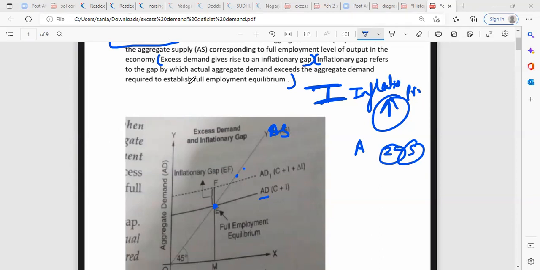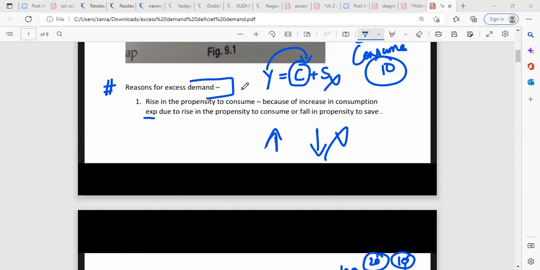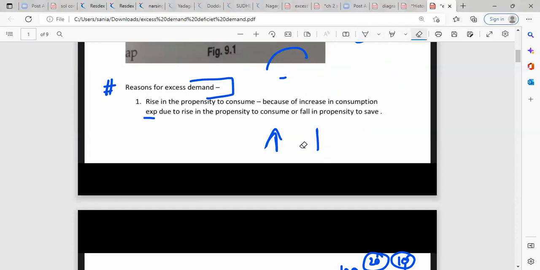Okay. Now we are going to do the reasons for excess demand. So, ma'am, what are the reasons? Why does excess demand come? Okay. So, first of all,